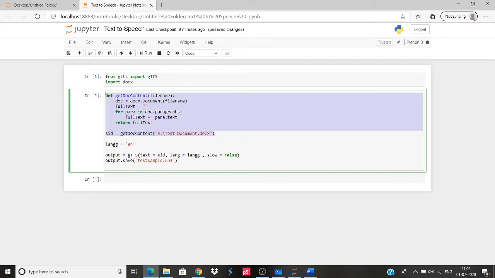So this part can easily be done for text. Just to read a text, or to read a PDF, there are certain packages again. But from what I understood and what I saw on the internet, from the YouTube experience, there are hardly any, or no tutorial at all, which actually helps you to read a document and convert Word document text into speech.